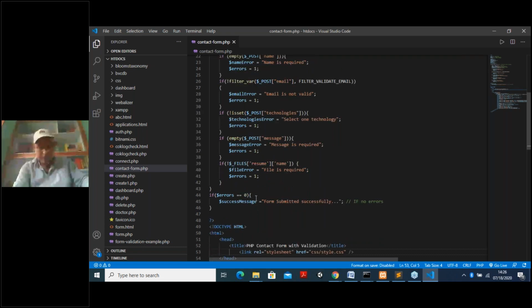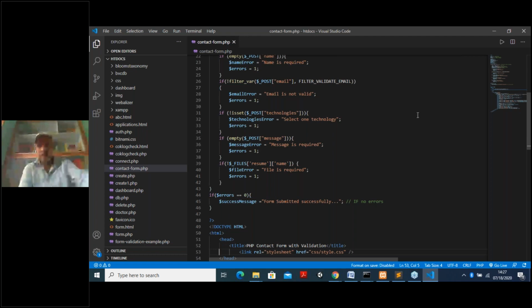If $errors equal to 0. So all of these I am showing the errors as 1, 1, 1. If the error is there, that is there. If it is comparing, if there is no error anywhere, if it is equal to 0, then at least above 5 or 6 items, no, here 1 is there. If none of the fields has an error, then the success message is shown: "Form submitted successfully." If no error is there, then you close these things here, and I close my PHP. The PHP that it started, it is here.